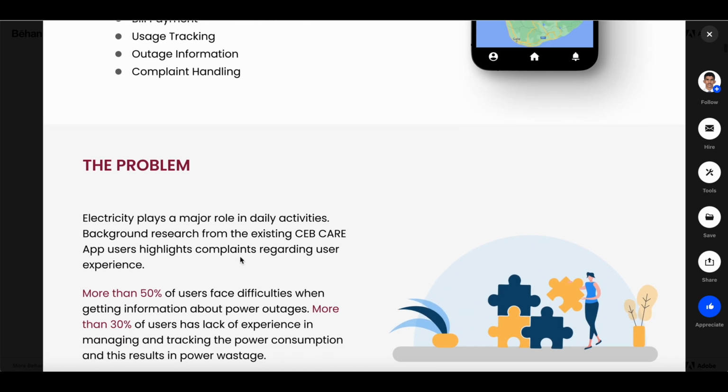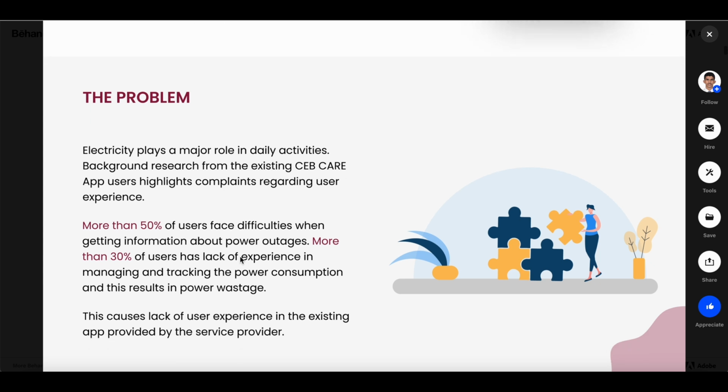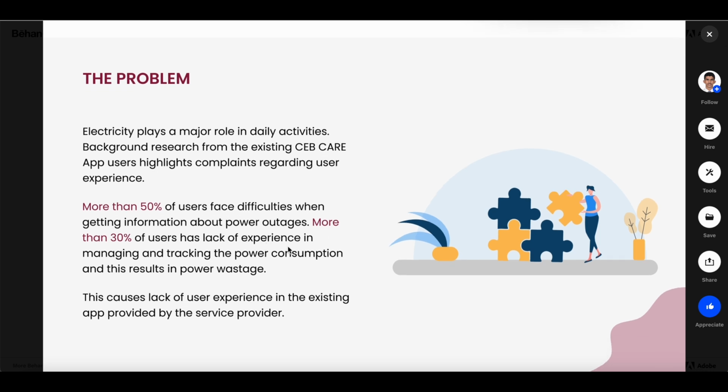And then he has mentioned the problem. This problem section could be given by a product owner, or if you're the product owner, you have to come up with that initial problem statement for why you are going to relook at the user experience of this particular application. Now he has mentioned that more than 50% of users face difficulties when getting information about power outages. I'm not quite sure how he has obtained this information, but he has mentioned that this is the problem that he's going to solve. More than 30% of users lack experience in managing and tracking power consumption